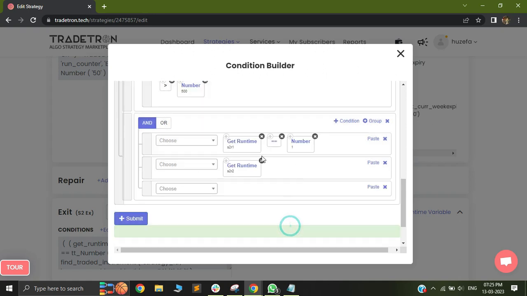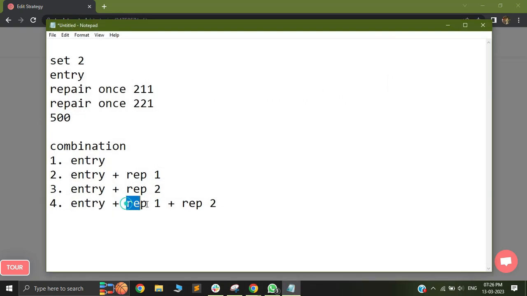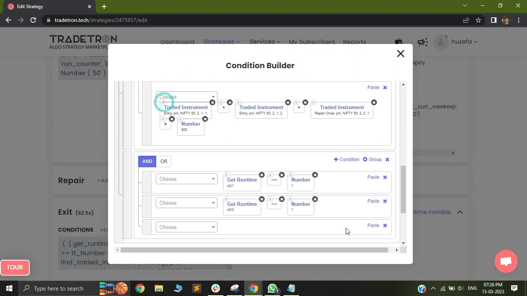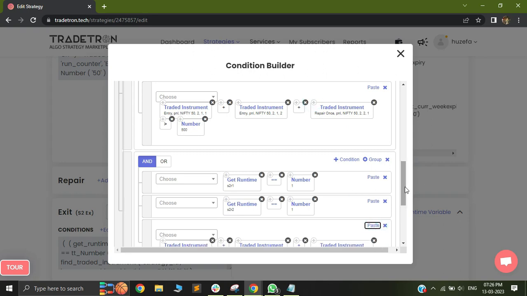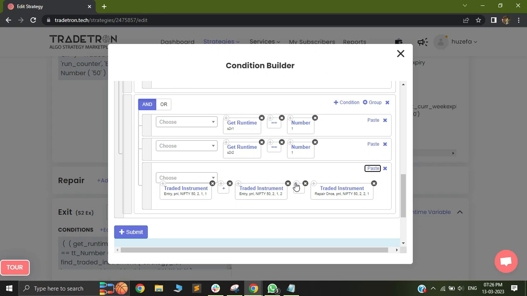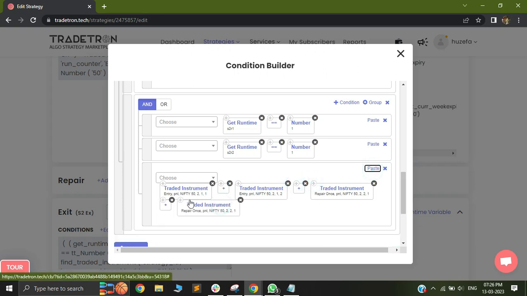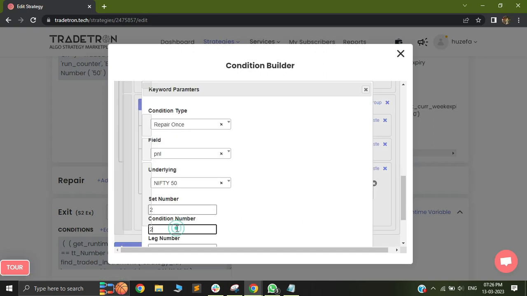S2R2 is equal to number 1. So this way I am making sure that both my repair once 1 and repair once 2 have been executed. Now I'll again quickly add my traded instrument keywords just as I had done it previously, and out here instead of 1 repair once with traded instrument, I will add 2 of them. So I'll add one more addition sign, and I will add my second repair traded instrument with repair once